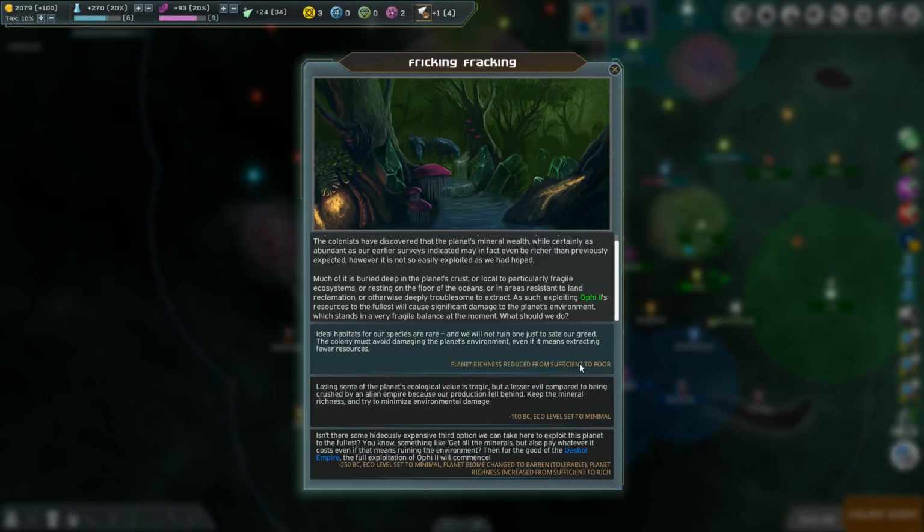So planet richness reduced from sufficient to poor. I don't really care about that. So our ideal habitats for our species are rare, and we will not ruin just one to sate our greed. The colony must avoid damaging the planet's environment, even if it means extracting fewer resources. We've got this one here where we can set the eco level to minimal, so for the cost of 100 credits, or 250 credits, eco level set to minimal, planet biome changed to barren, tolerable, planet richness increased from sufficient to rich. I don't think I really want it. I think I'm just going to, actually, if we set this eco level to minimal,